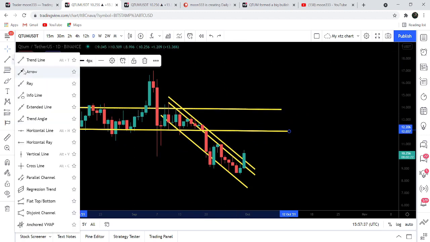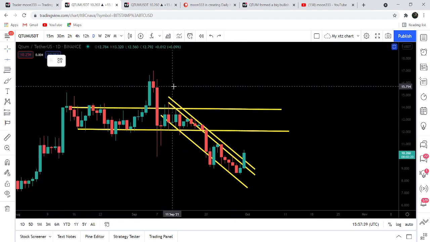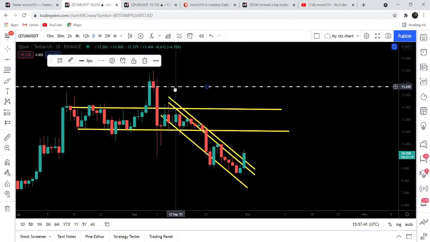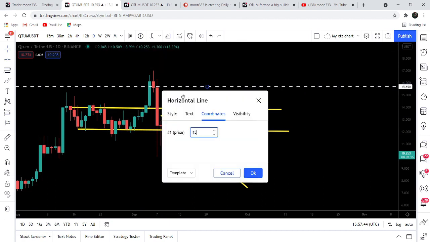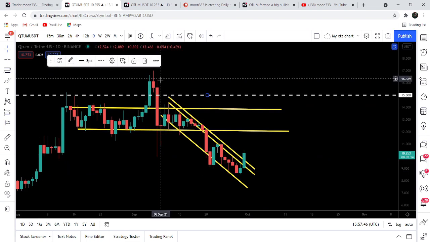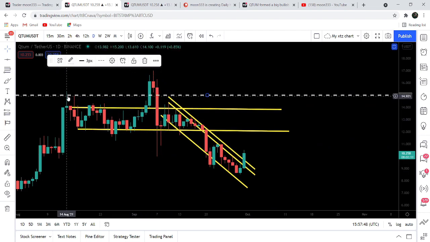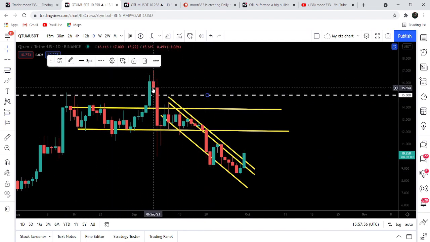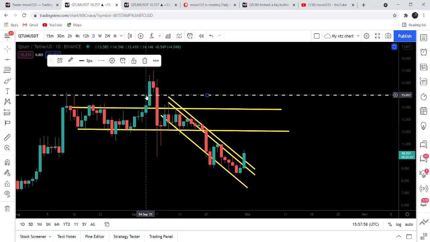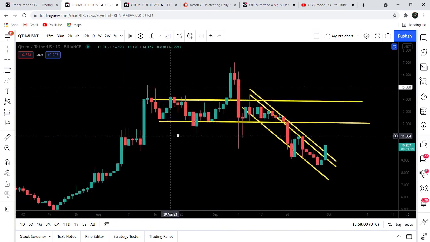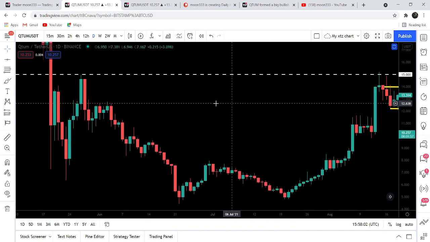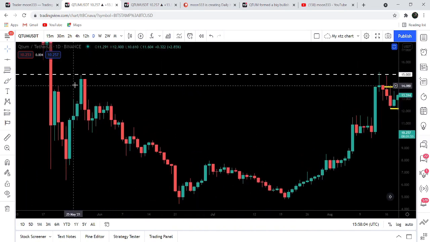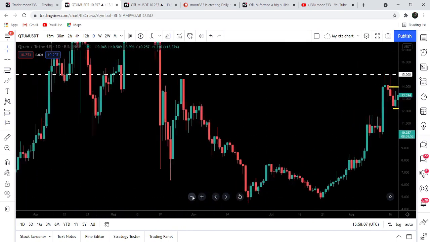Then we have another price level resistance at $15. I'm going to show you that resistance level as well. And you can see that we had a rejection here and here as well. Therefore, this is also another very strong resistance. And here the price line moved very close to $15, but did not touch it. But we also had some rejections here by $15, and here we also had some other rejections by this $15